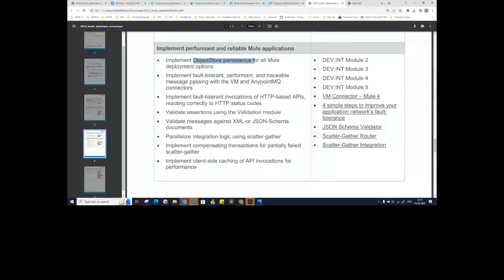The next segment is how to implement fault-tolerant, performant, and traceable message passing with the VM and Anypoint MQ connectors. The reliability pattern is covered here. The reliability pattern says that under no circumstances would we compromise on data loss, because we are working in an integration platform. You are connected with different domains, different data, different applications.